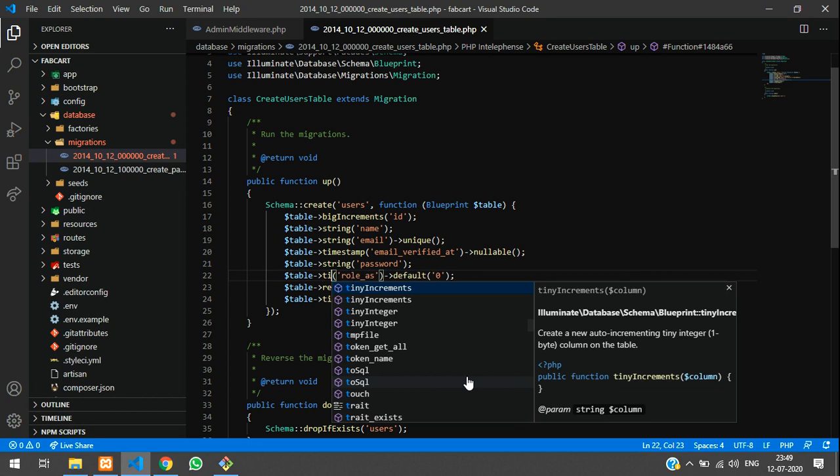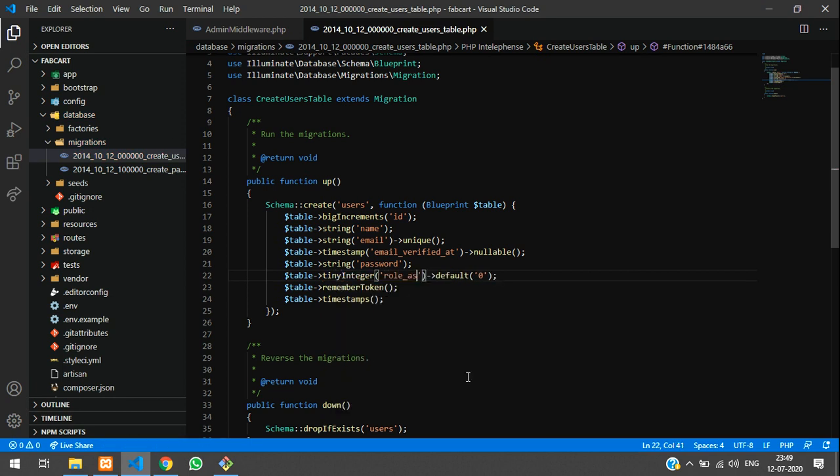That's it. So tinyInteger role as 0 or 1 we can give. If you don't want to give 0 and 1, and want to mention something like admin in string, you can use string, right? So it depends on you. I am going to use these things like admin, so I'll just set this as string and give nullable, so it should accept null.